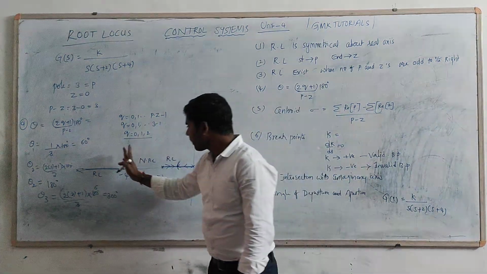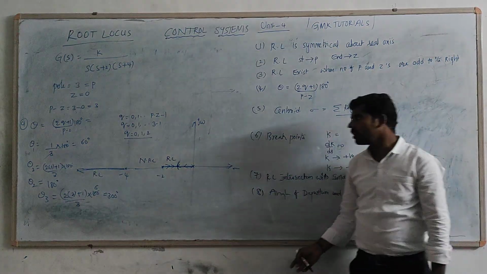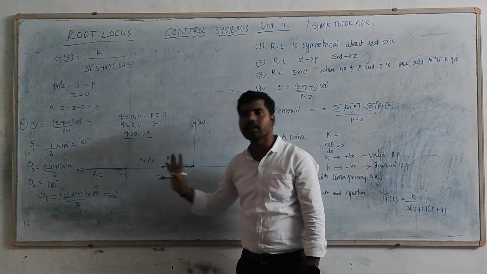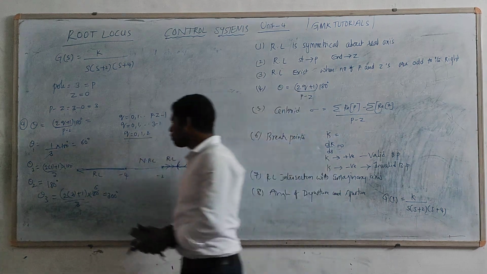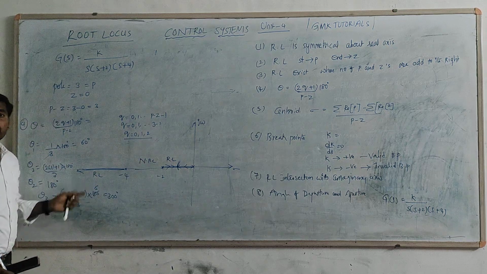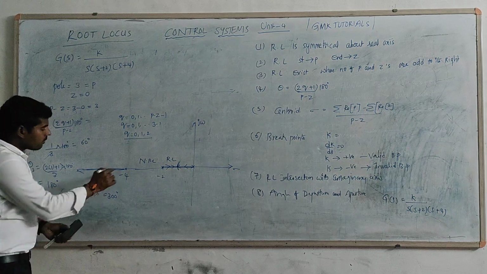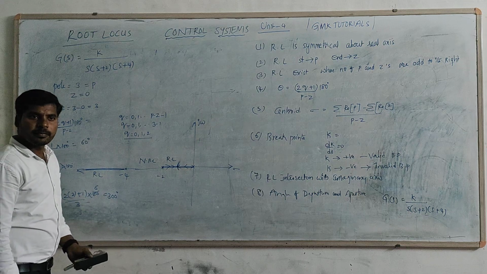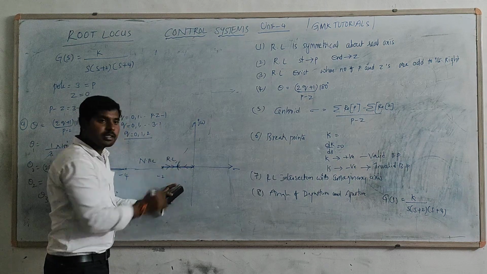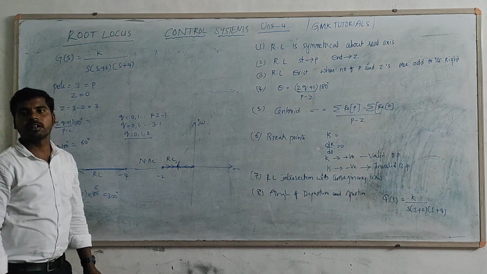So those are the three angles. What they represent is that the angle of asymptote means the corresponding branch approaches infinity with an angle of 60 degrees, 180 degrees and 300 degrees. That is the indication that the root locus branches approach infinity with these three angles. That angle can be represented by the angle of asymptote. So one branch approaches infinity at 180 degrees, the other two branches approach infinity at 60 degrees and the second one is nothing but 180 degrees. Now there is a question mark.